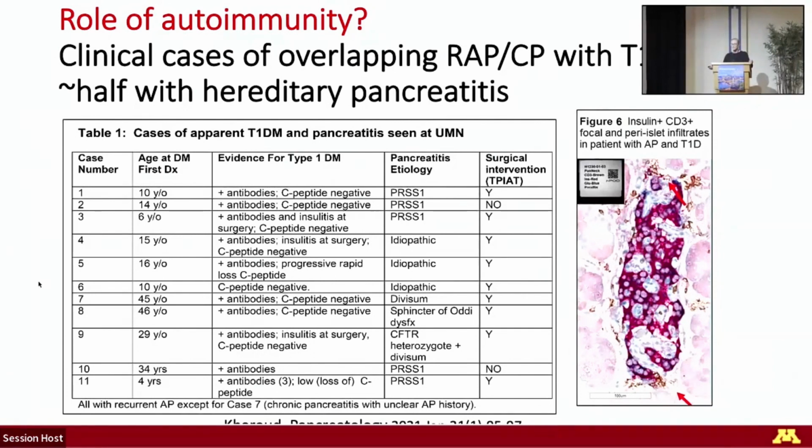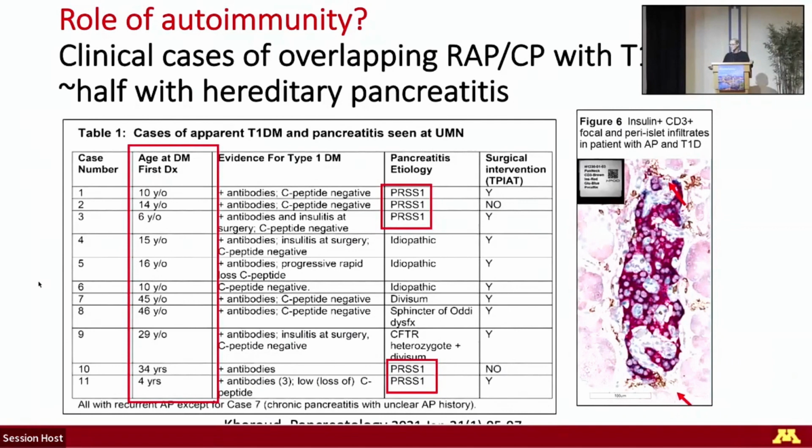These were cases of patients who presented with positive autoantibodies, and some of them were actually non-diabetic at the point that they presented, but they eventually progressed to diabetes and being C-peptide negative, and clearly seem to have type 1 diabetes. But a few things that stand out here, I think, on this table, is that these are largely young patients. So there are some adults in here. There are a couple that are in the 40s, but there's a number of children where this was observed,